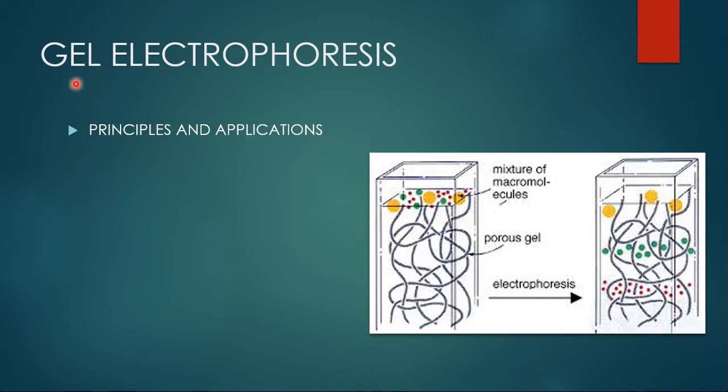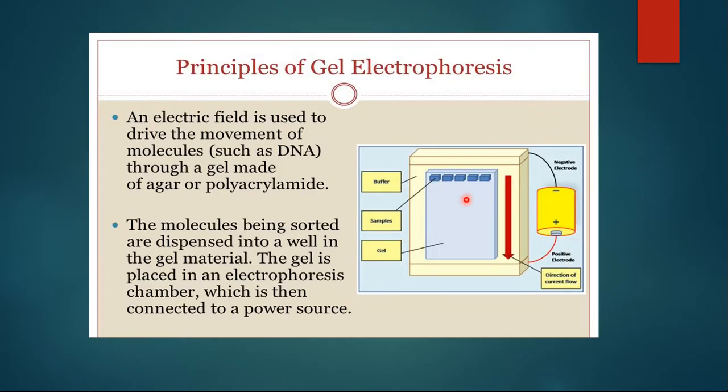So what is a gel? A gel is a cross-linked polymer whose composition and porosity is chosen based on the specific weight and porosity, that means the pore size, of the target molecules. Gel material acts as a molecular sieve, that means a sieve at the molecular level, and a gel is a colloidal substance.